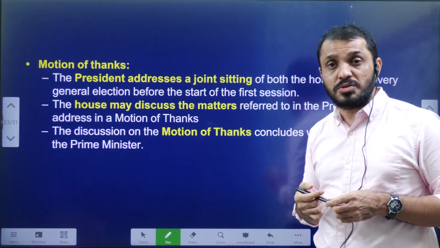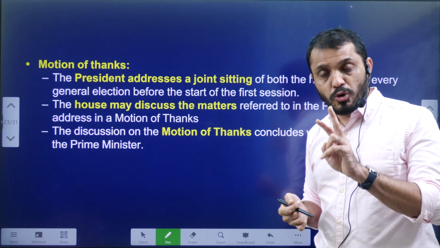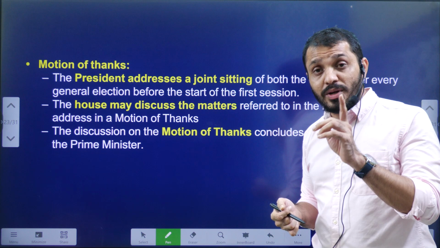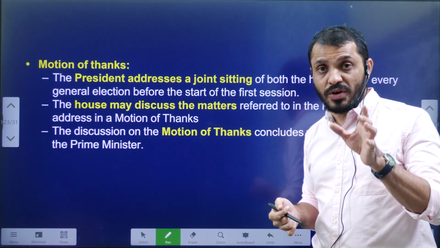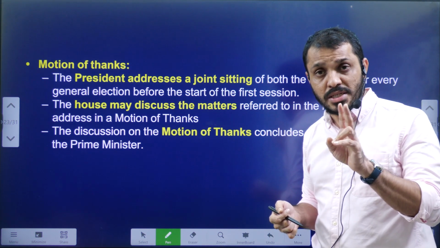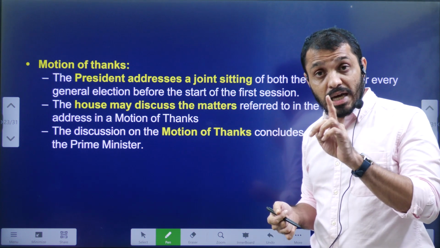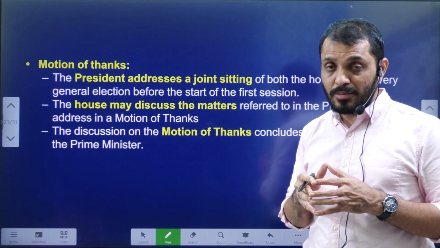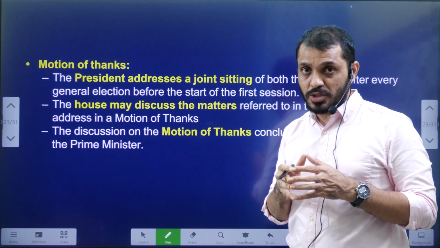Motion of thanks. You know that, students, the President will address both the houses together in 2 instances. One is when the new government is formed, when the house is newly formed, at that time the President will address the 2 houses, as well as the first session in the calendar year. Okay, every year, in the first session of the calendar year, at that time also the President will address both the houses together